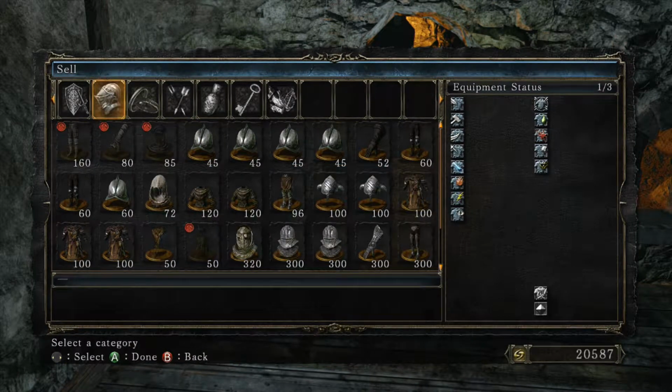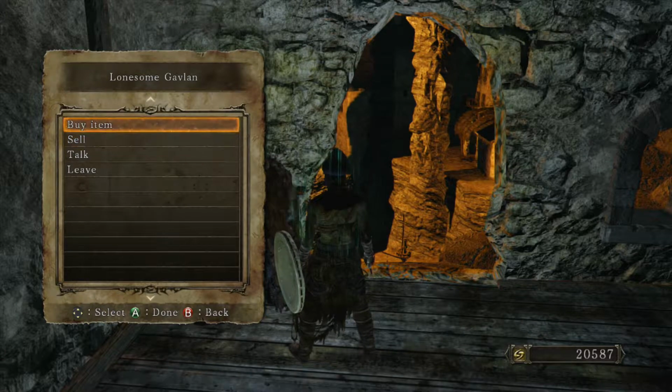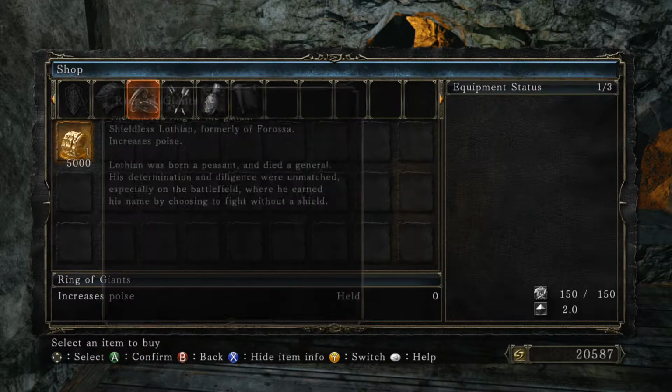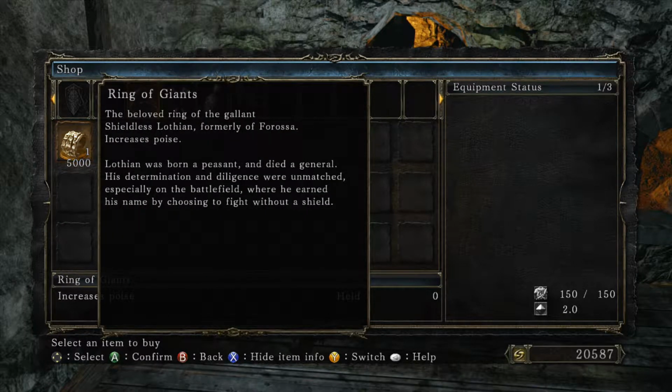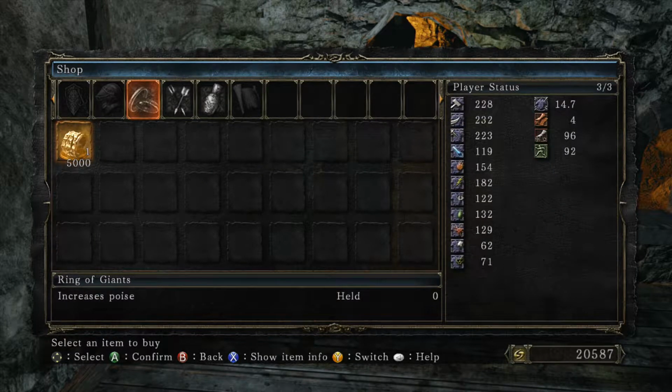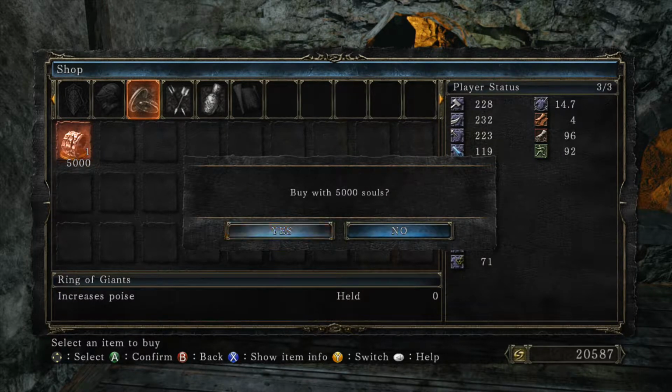Alright, I think you guys get the idea. I'll finish going through my inventory in a bit. Let's see what he has to sell to us. Ring of Giants increases poise. Holy cow. The beloved ring of the gallant shieldless Lothian, formerly of Ferosa, increases poise. Lothian was born a peasant and died a general. His determination and diligence were unmatched, especially on the battlefield, where he earned his name by choosing to fight without a shield. We can't see how much it'll increase our poise. That's pretty sweet, though. I'm going to go ahead and buy